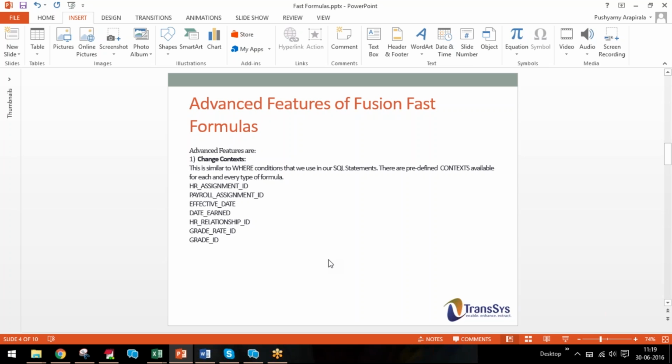So if we want to retrieve a particular value, say a grade or a job or a salary, or any assignment related data like his people group, position, full-time equivalent, standard hours, or hours on a different date, then we can say change context effective date equal to our required date. Within that change context section, we have to place our database item so that the system will retrieve the data as on that particular date. Okay, so I'll just show you a